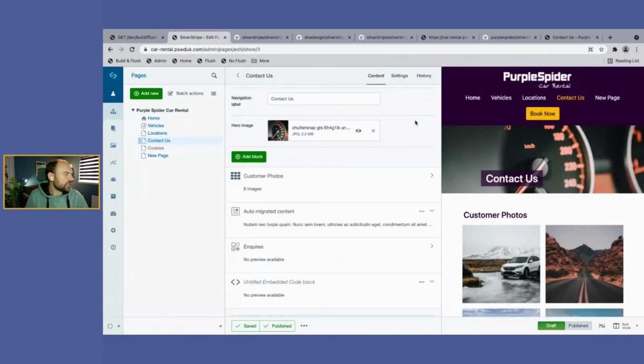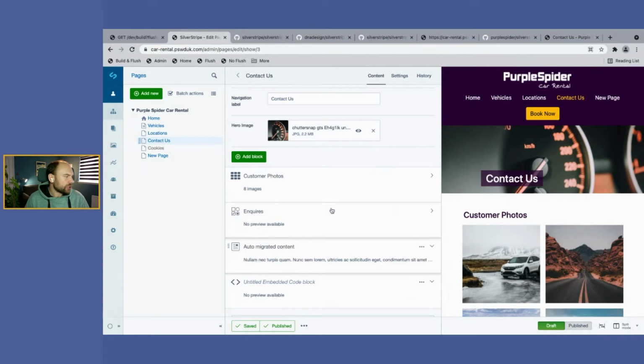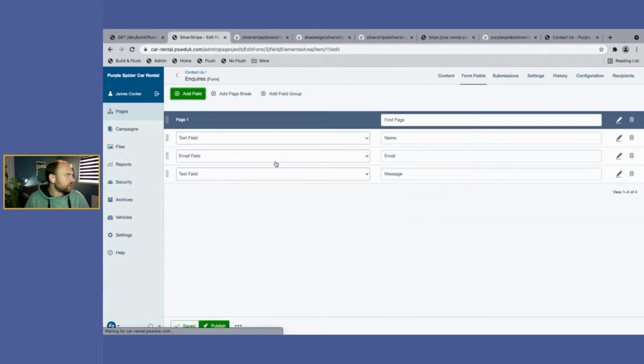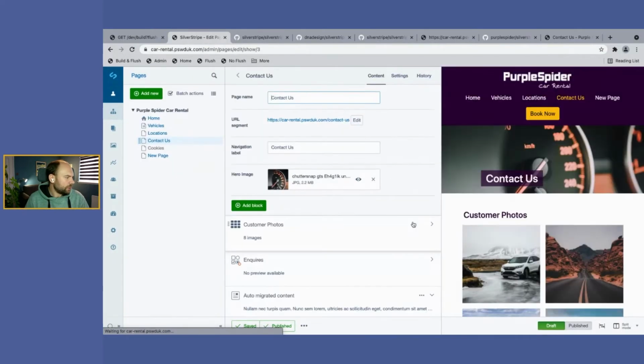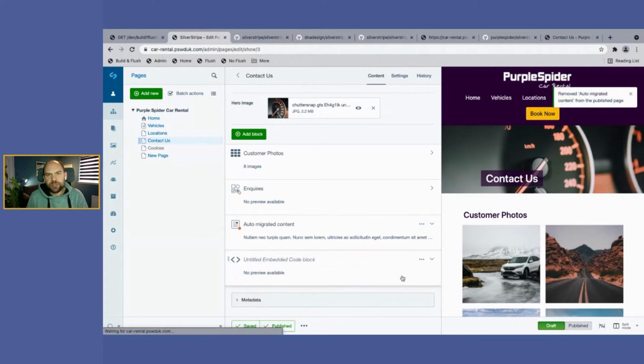So, in our actual page, we've already dealt with how you can click to add a block. If you start to get a lot of blocks, you can search within there. You can easily drag and drop to arrange blocks. If I do this on an inline one, it's more self-explanatory. In the menu here, you can unpublish specific blocks. So that's actually a good way of being able to unpublish a specific part of a page, something that you